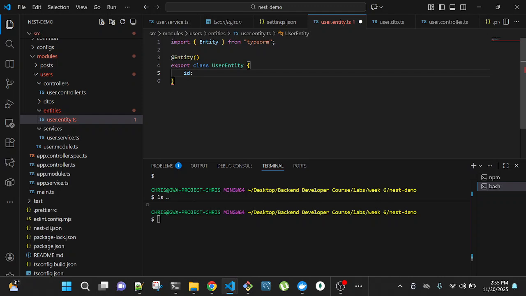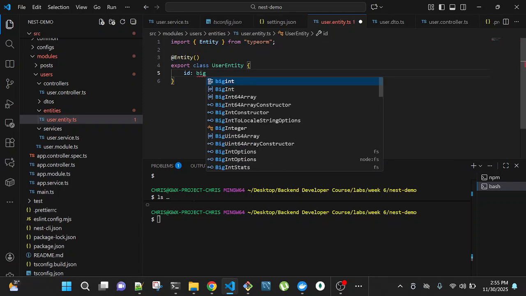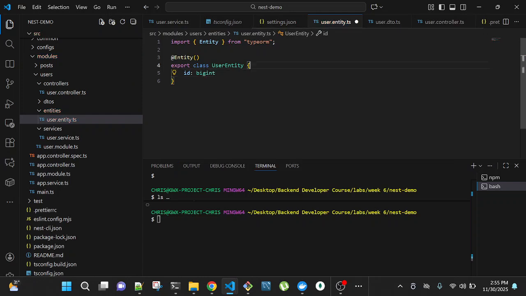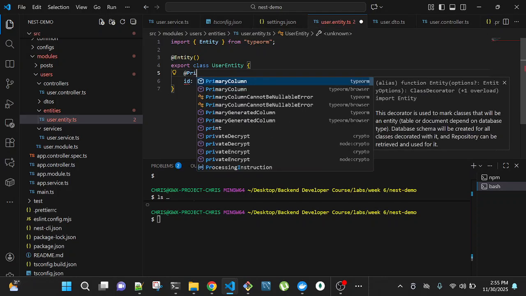Right, so we're going to define a class. The ID is going to be string, or let me call it big int. Then we want the primary key to be auto generated.